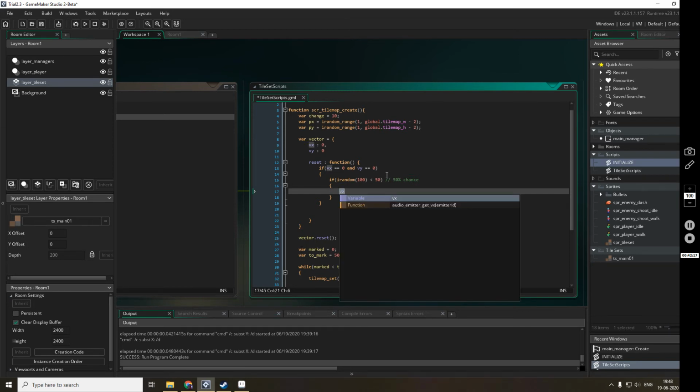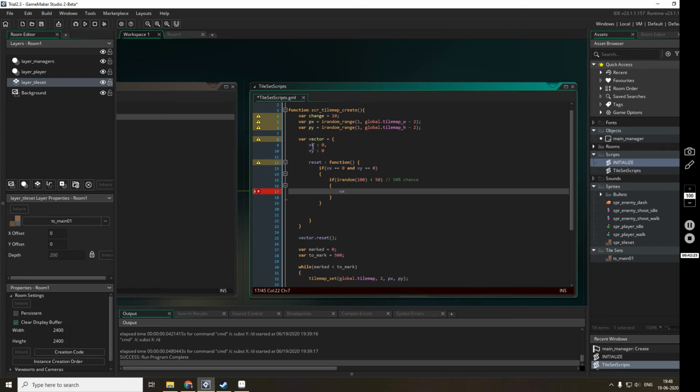Vx. I am writing only Vx here because this is inside the vector object. So this Vx is the same as this Vx, but if I am referring to it outside, then I have to write vector.vx. Okay, so Vx is equal to choose -1, 1.